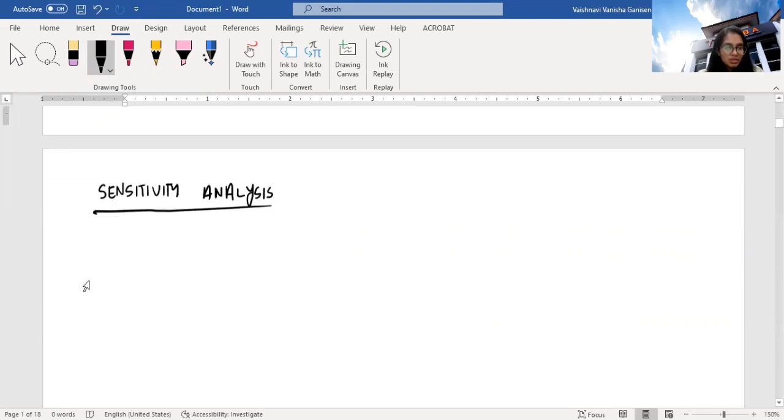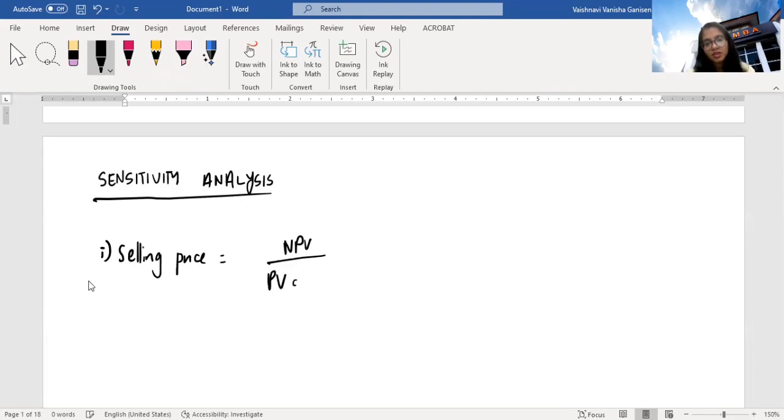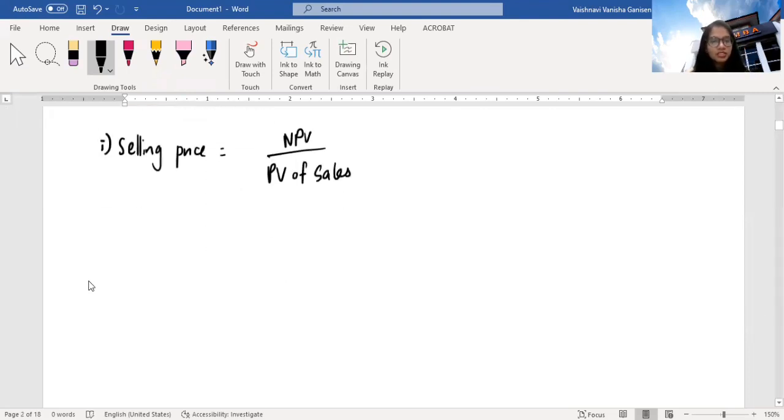Okay, now, when you talk about sensitivity analysis, remember our formula, number one, selling price. So NPV over PV of selling price. Okay, so now must remember you are calculating